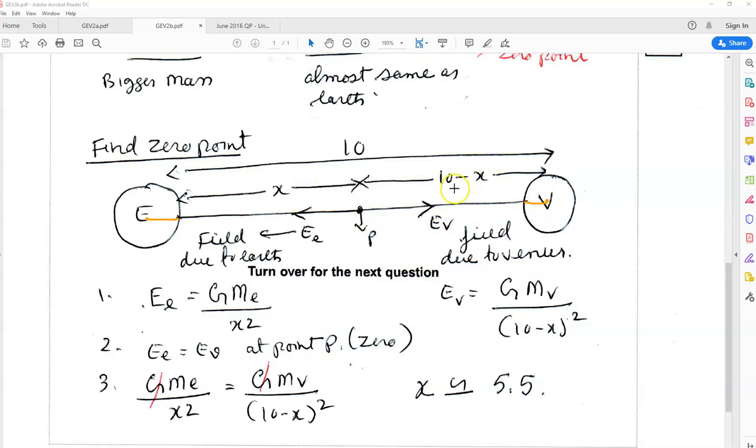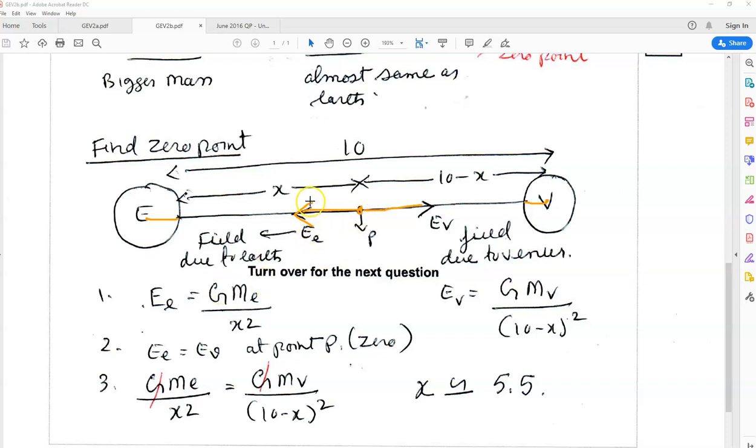This is basic algebra. Because gravitational field is a vector, I'm going to use this arrow here. This is the gravitational field towards the Earth, because of Earth, and this is the gravitational field because of Venus. If we say that at this point the net field is 0,